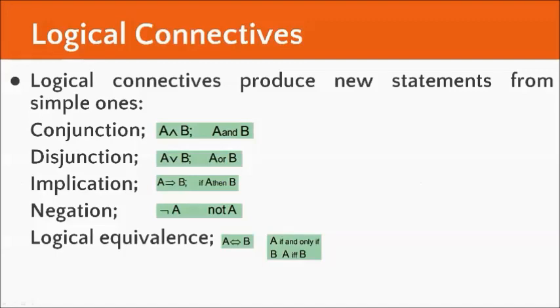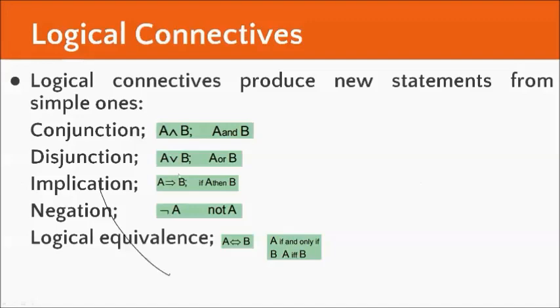So next is logical connectives. Logical connectives produce new statements from simple ones. We have the conjunction, the disjunction, the implication, the negation, and the logical equivalence. So for the conjunction,